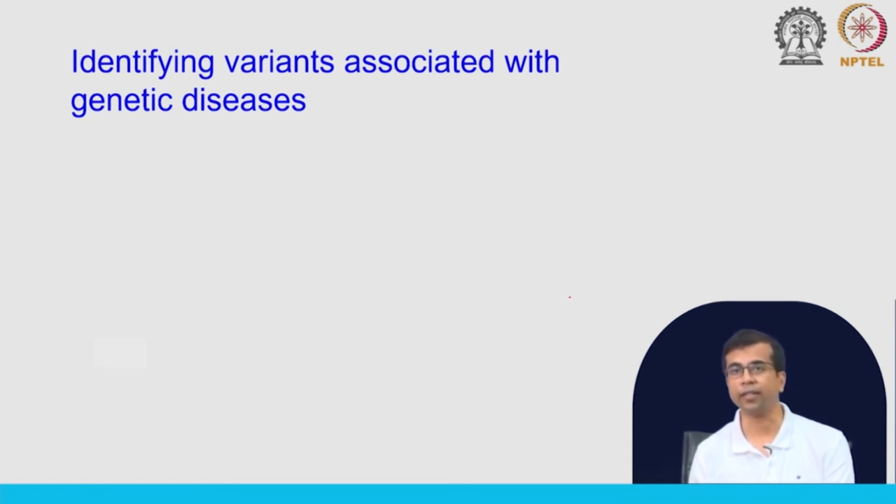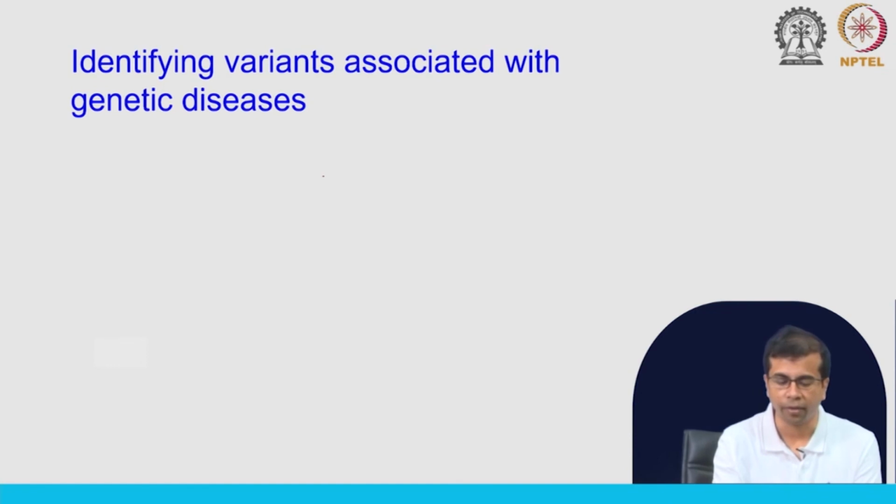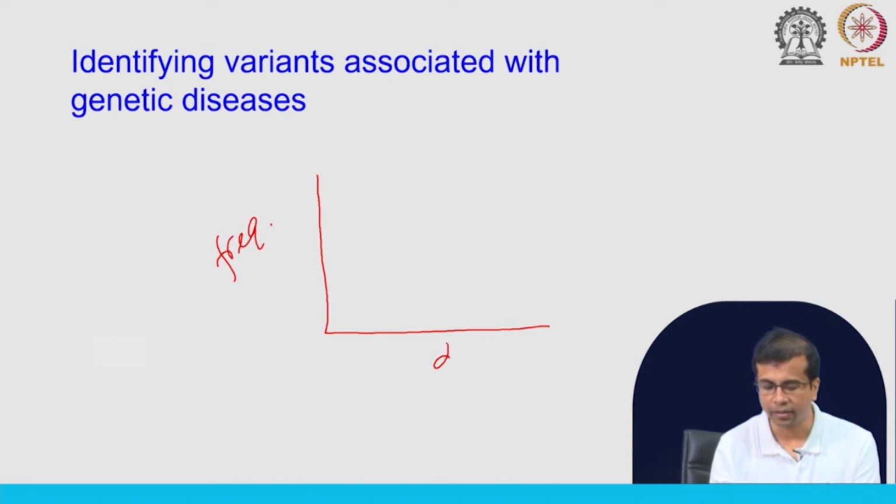Now, one important application of identifying germline variants is to identify variants that are associated with genetic diseases. There are several genetic diseases for which we know different types of mutations in certain genes are responsible. By analyzing these variants, we can associate some of them to genetic disease. So, we can imagine you have a situation where specific variants are associated with a disease. What I can do is draw something like this. Let us say this is the frequency, and this is the disease phenotype,